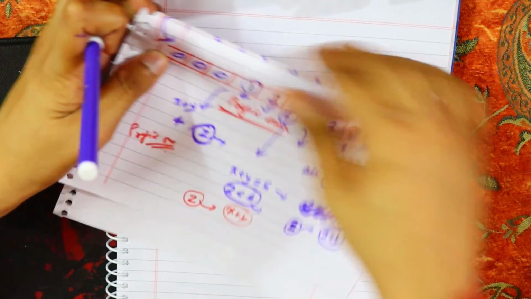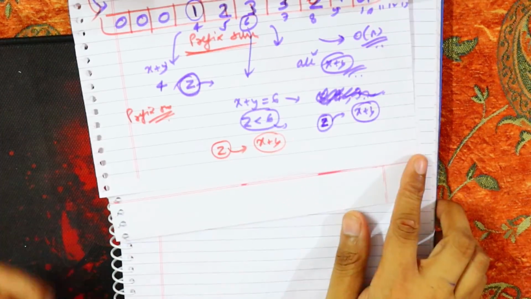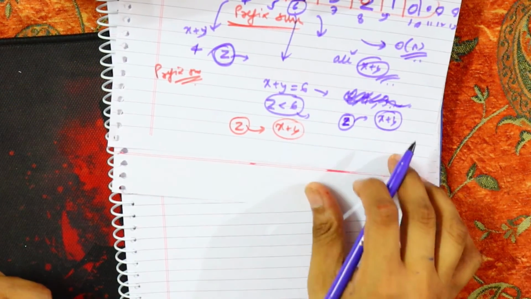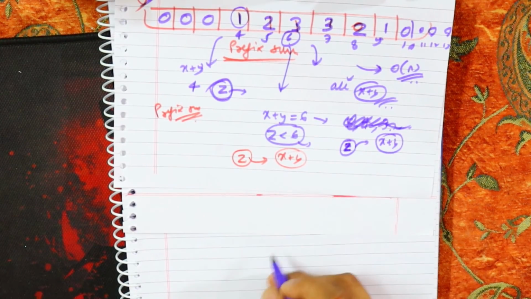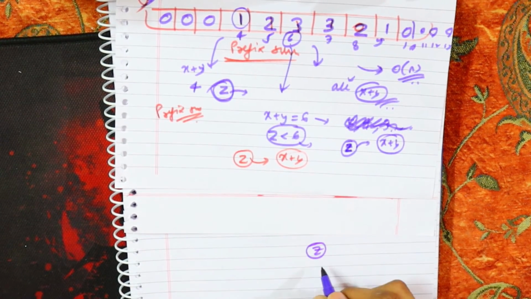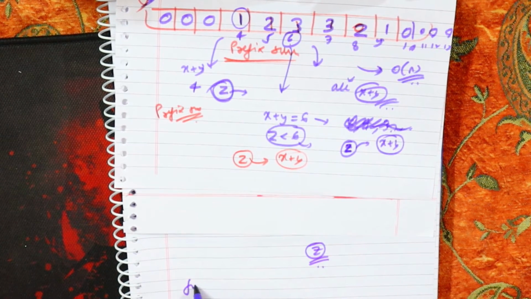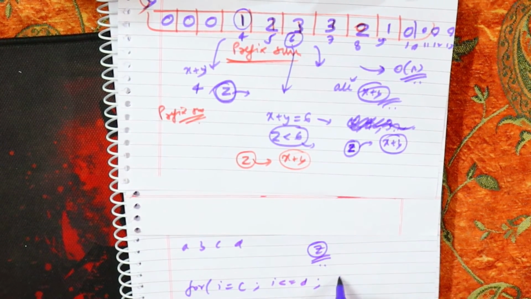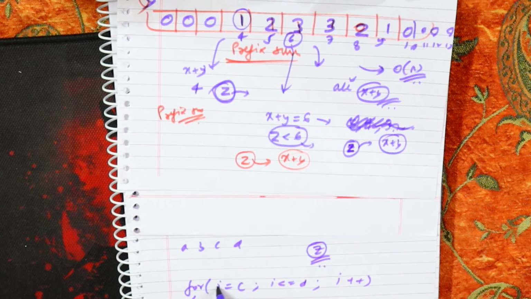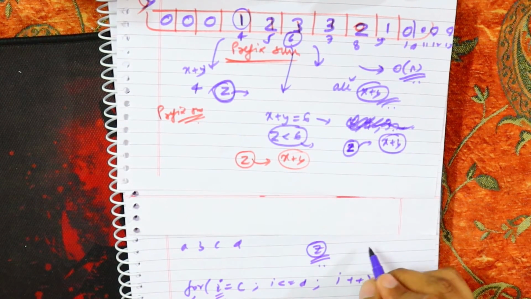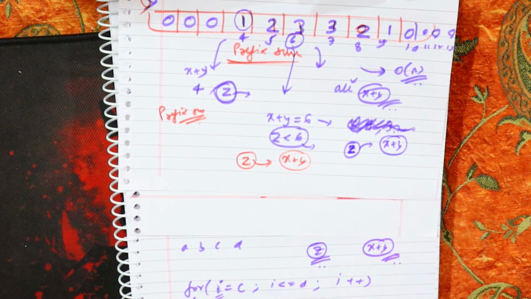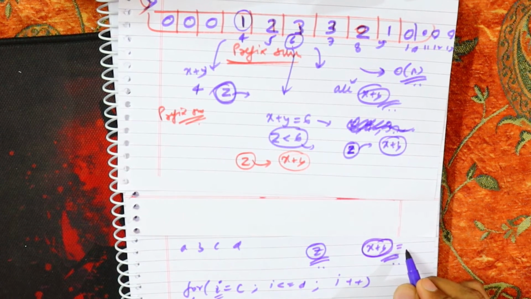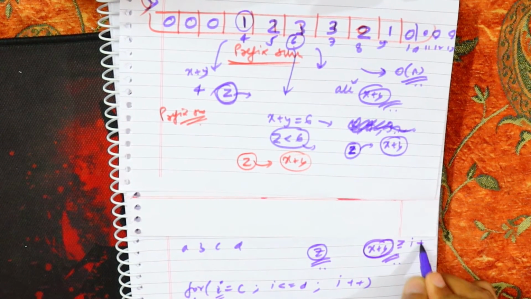So here, as you can see, it is clearly visible. So I will iterate over the whole z. I will run a loop for i equal to c, i less than or equal to d, i plus plus, and for every i I will check how many x plus y's are there which are more than this, meaning the x plus y should be greater than or equal to i plus 1.